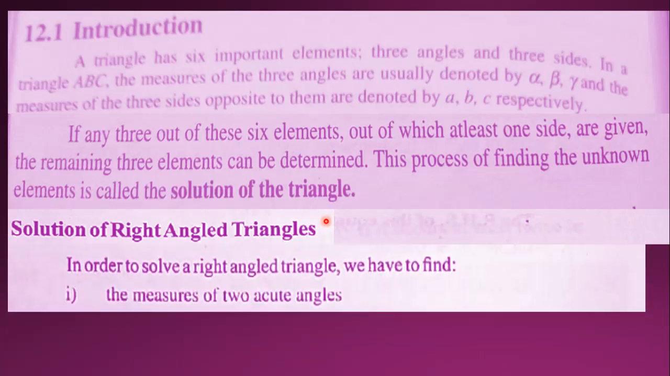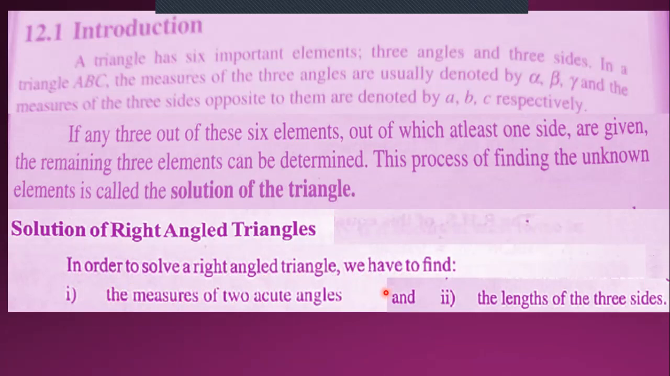So in order to solve a right angle triangle, we have to find the measure of two acute angles, because if the triangle is a right angle, then obviously one angle should be of 90 degrees, should be a right angle. And the second thing that we need is the lengths of the three sides. If we have these five things in our hand, then we can say that the right angle triangle is solved,